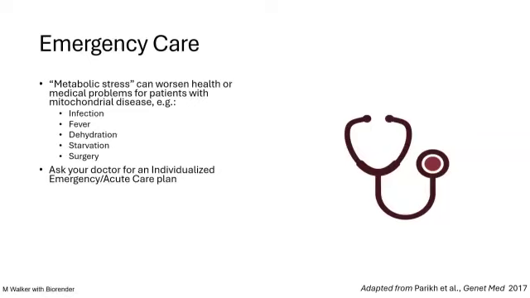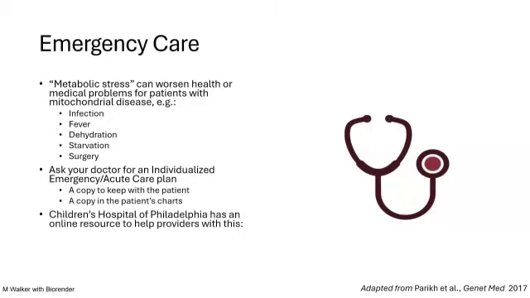These days, in our electronic medical records, we can put those directly in the chart so that anybody opening the medical chart will immediately see it. Your doctor should also provide you with a copy of this plan. I like for my patients to have a copy available that they can just pull up on their phone anywhere they go, so that if you happen to be in an emergency room that's not part of your mitochondrial disease doctor's network, you can show it to them. And you can refer your physician, if they're not familiar with these, to the webpage provided by the Children's Hospital of Philadelphia. They have an excellent template for an emergency action plan.